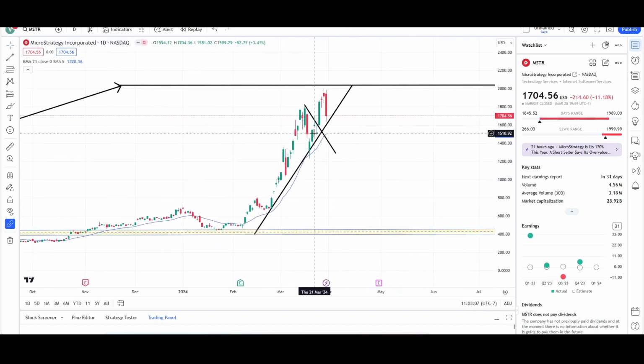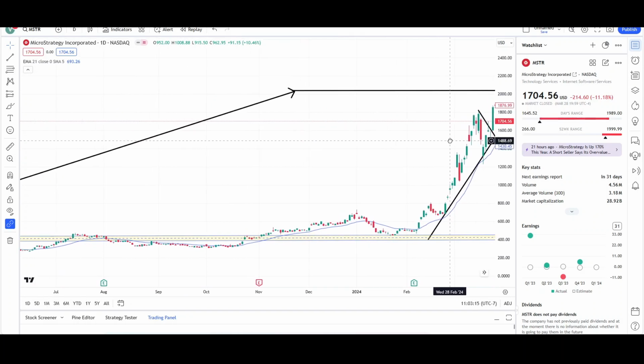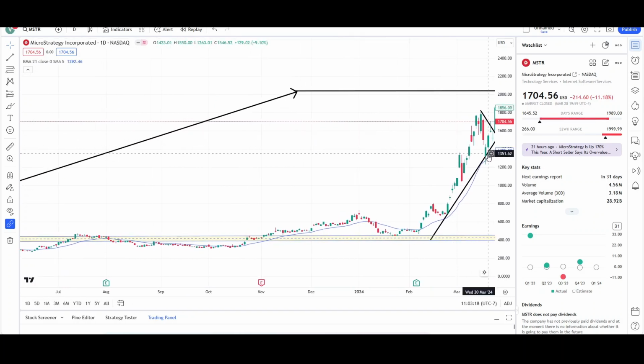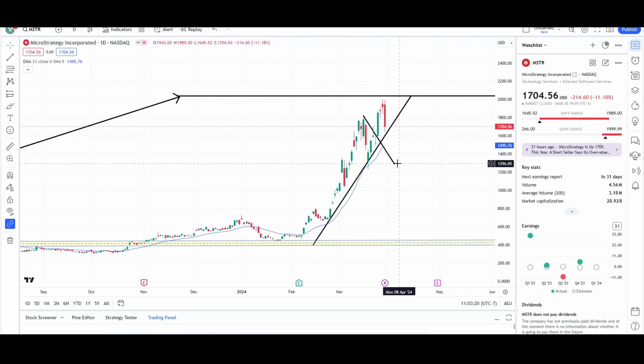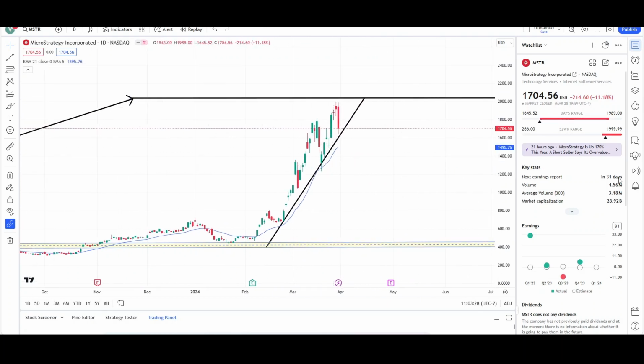So, MicroStrategy, I looked at this last week Saturday, and you can see that I was looking at Friday's price action. So all I saw was this. You can see that price was able to continue pushing up higher. It broke this downward trend line, stopped out the shorts, came very close to that measure move target that I had. I had it around the 2048, and price reached right around the